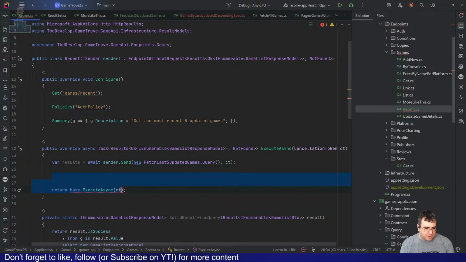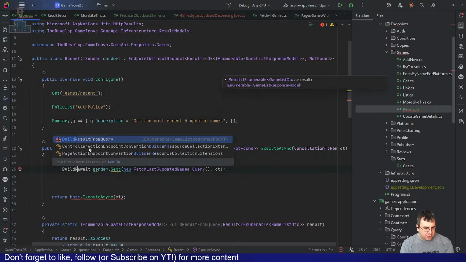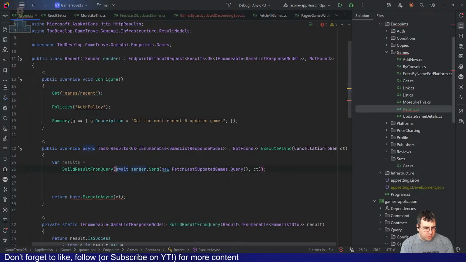And then I can do that, can do build result from query. I did it automatically.